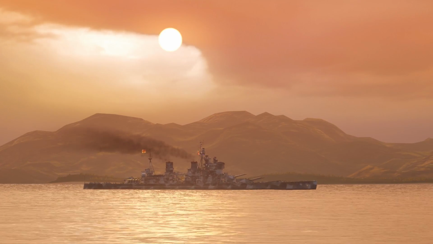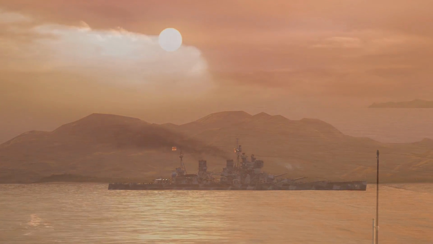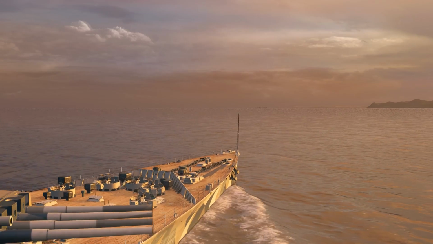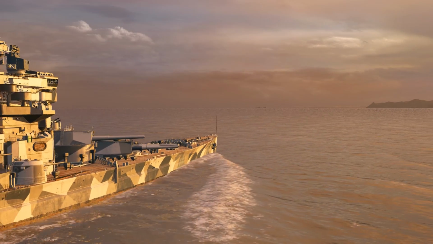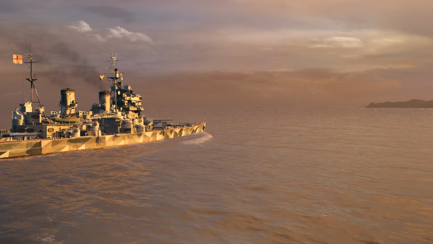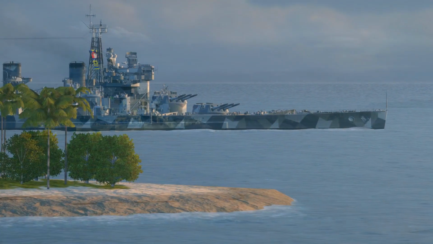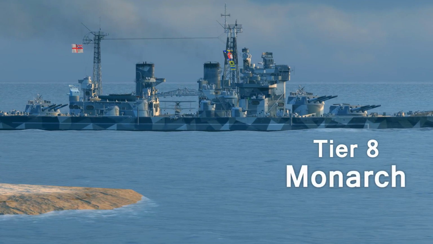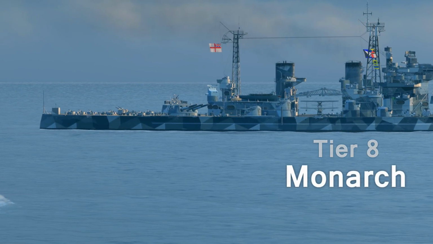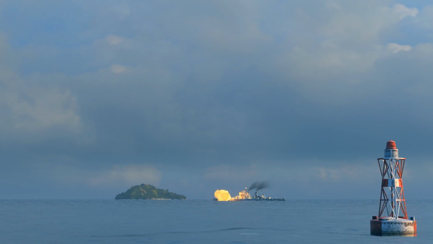We've got a lot more in-depth work to do with the Tier 7, 8, and 9: the King George V, as you see here, the Monarch, and also the Lion. These couldn't be more different in terms of the actual playstyle compared to the ones that came before. Again, these models are absolutely fantastic. I love the look of the Monarch's turrets, and it's got actually my favorite